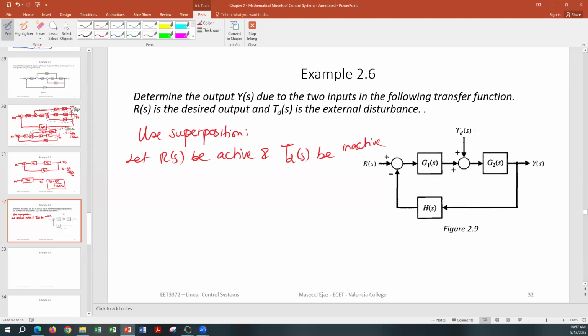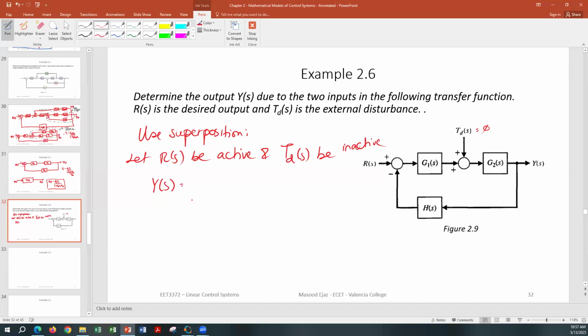So basically, we will assume that T_D(s) is 0 right now. When you do that, you eliminate T_D(s), and this becomes simply a single loop block diagram. And for that, we know that the output Y(s)